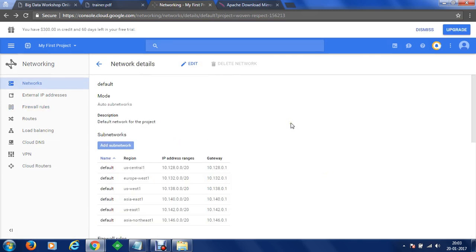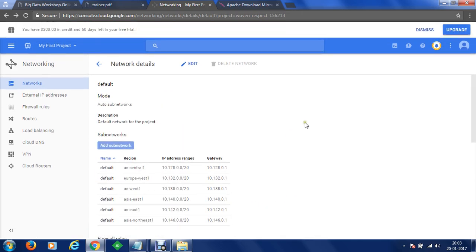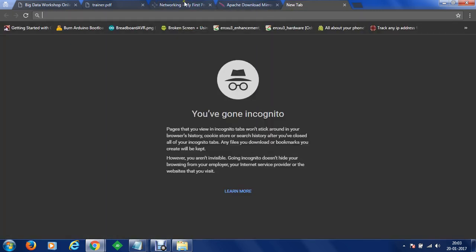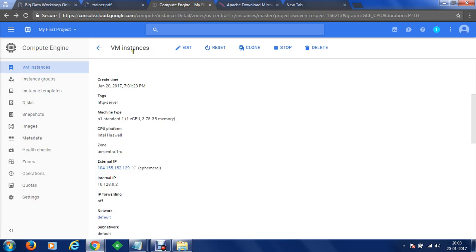Once the firewall rule has been done, configurations will be saved, and we'll be able to see my rules will be ready. So we are waiting for my rules to be executed and ready. And now at the moment you can see that we have got access to 8088 and there is one more port, that is 50070. So once we have got access to these ports, we can browse to our server. Let's go to network details and we can directly browse to the server from here.